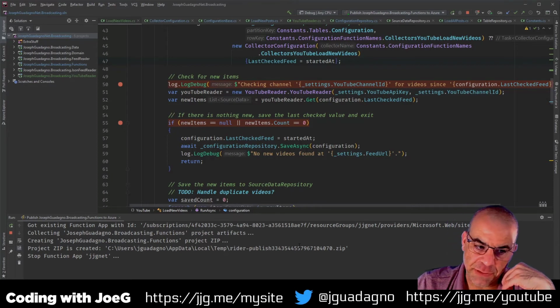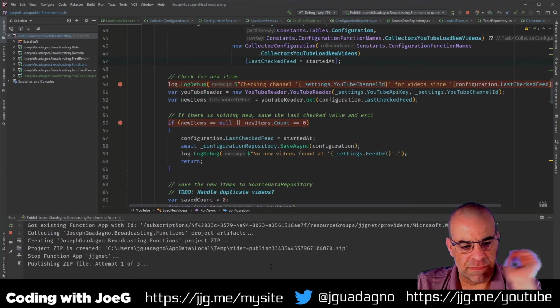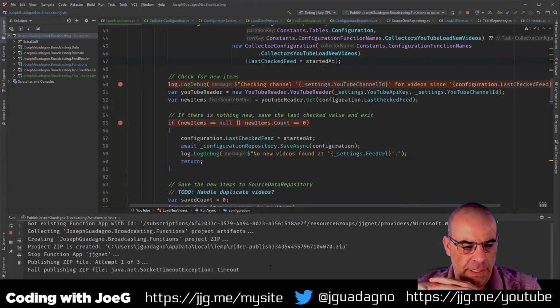Taking a while to stop the function. I think I actually already had it stopped. And now it's publishing the zip file. So this takes the zip, which is executables, sends them off using the Azure Resource Manager. Once it is accepted,